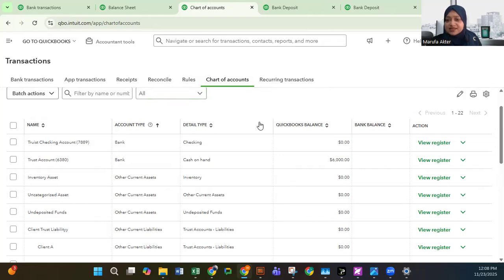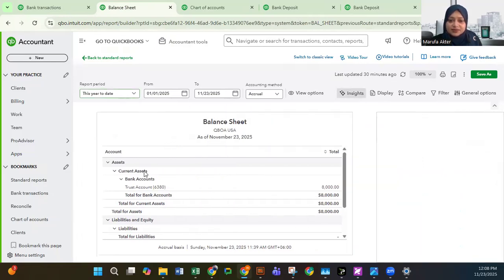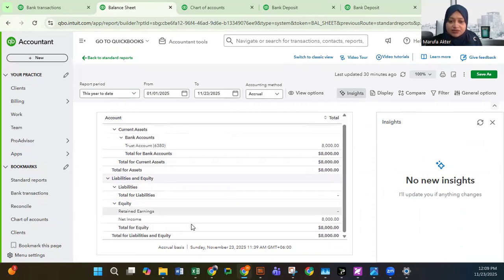Before that, let's see what is the reflection of the inaccurate setup of client ledgers. The inaccurate transaction categorization into the trust ledger. How does this reflect into our balance sheet and three-way reconciliation? Let's go into the balance sheet. You see, the bank balance is 8,000 for trust account. There is no account for liability, nothing, and net income is 8,000,